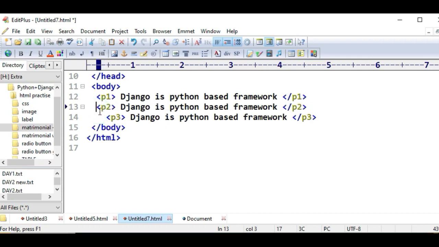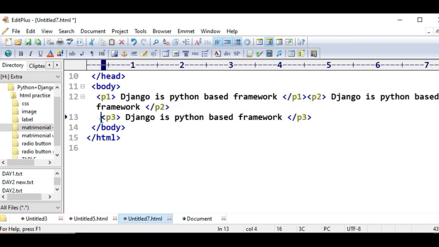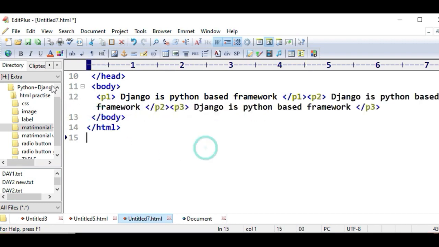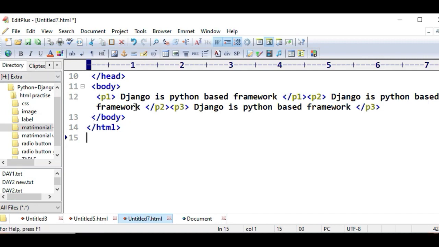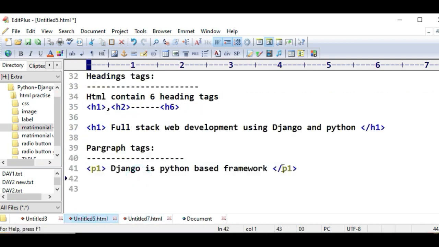What will happen when we write this in a continuous way? You can see the same output. It means indentation is not considered in HTML. Everything here is with respect to tags only. Tags are only responsible for the block of data, so it's not possible to write on the next line this way. There are some other ways which we are going to discuss with other tags. So paragraph and heading tags are now completed.